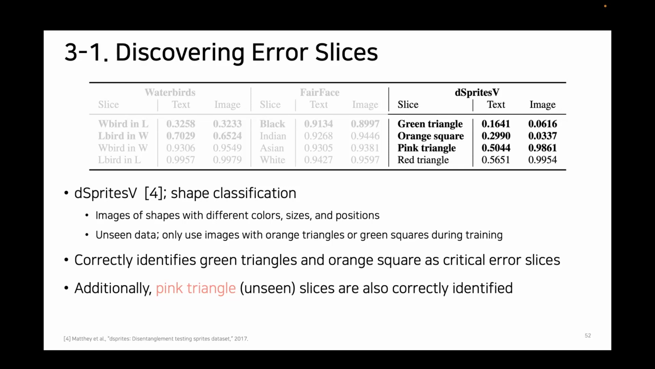In this case, it seems clear how the attribute set is made. The green triangle, orange square, pink triangle can be the elements of all the attributes. So we can easily generate the combination of them, right? That would actually lead to the counterfactual combination, like a green square that does not exist in the class